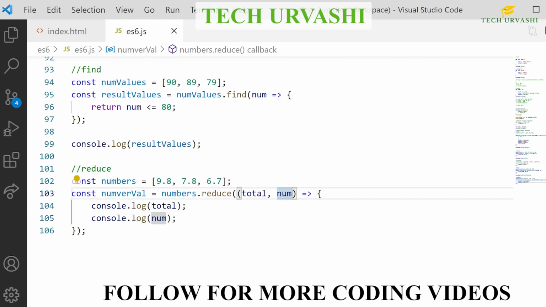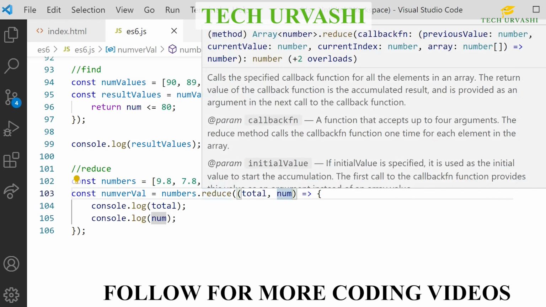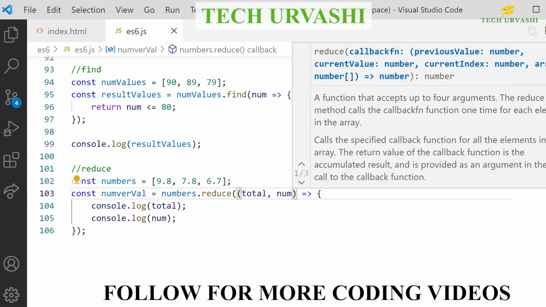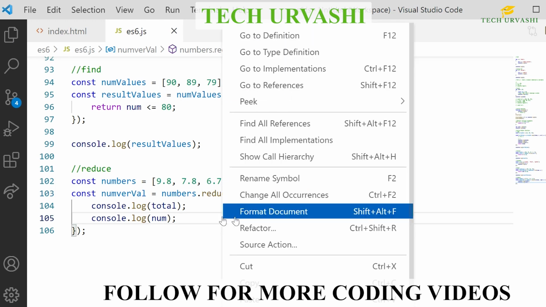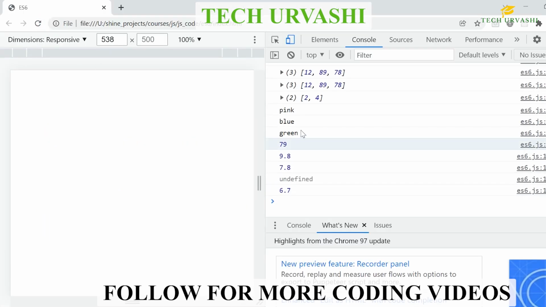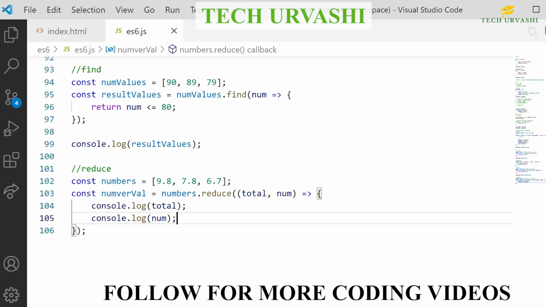If we need the rest of the values, that is the current index and the array, then we can include the rest of the parameters as well. But for now I just need these 2 parameters. So I will run this. If I refresh, here you can see I got 9.8, which is the first element of my array. That is the total value. So total is 9.8 initially.